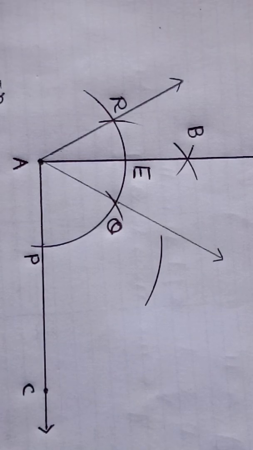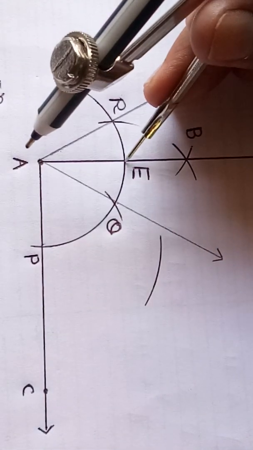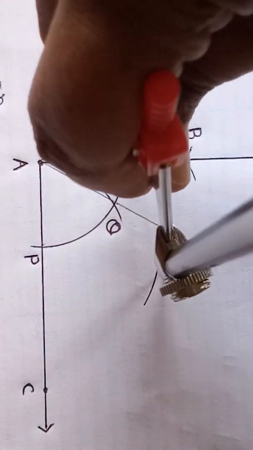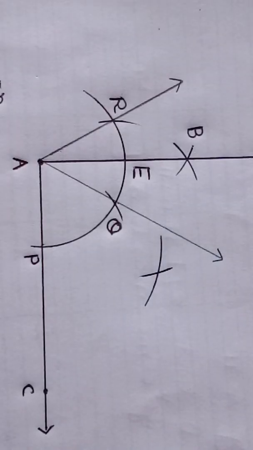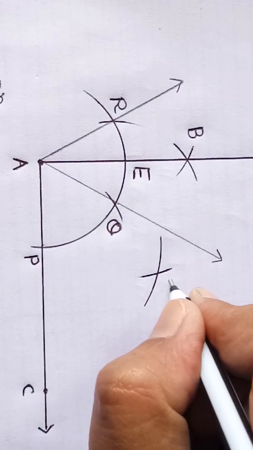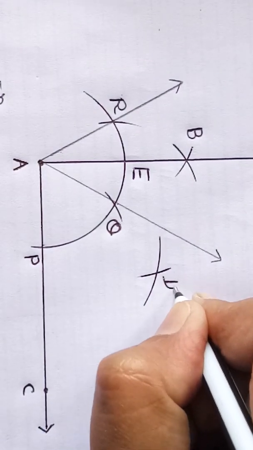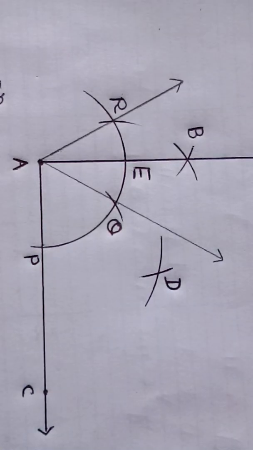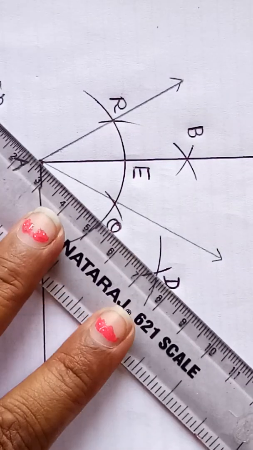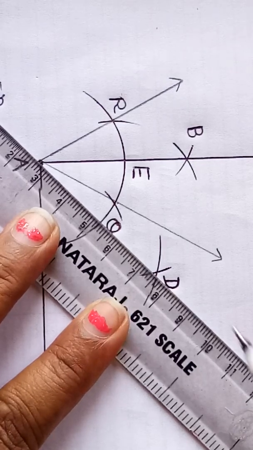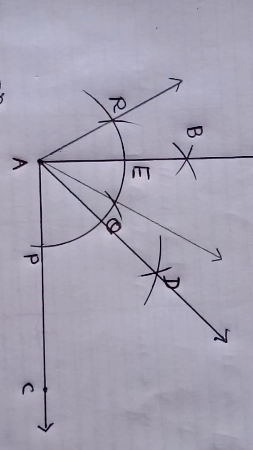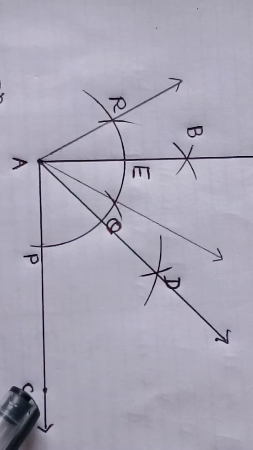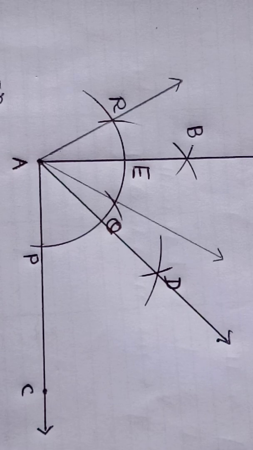So taking PE as a radius, give an arc from P, and similar way taking same radius but center is at point E, give an arc which intersect the previous arc which we have drawn just now at suppose point D. So this point where they are intersecting each other is your point D. Now join this D with A. So this DA, as soon as I will join this, so this angle DAC will be of 45 degree.